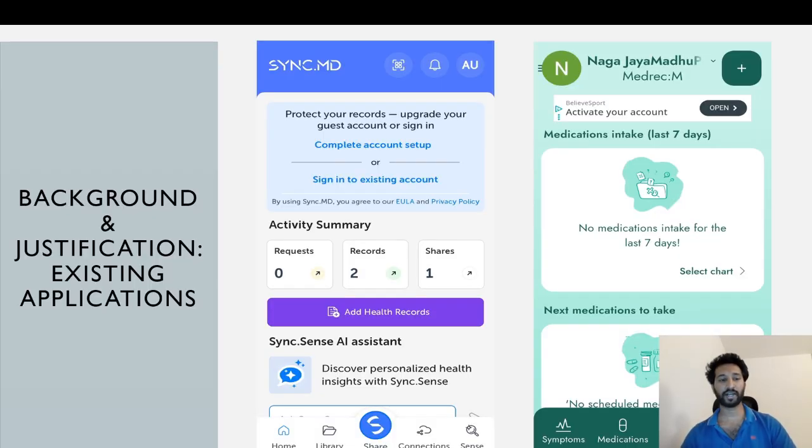And here you can see the background and justification, existing applications. One is the SINSMIT and one is the Maverick app. Here you can see that these UIs have advertisements, and the symptoms, medications, documents, logbook, and everything are shown here. It was available in the apps. I have gone through these two apps and did so much of